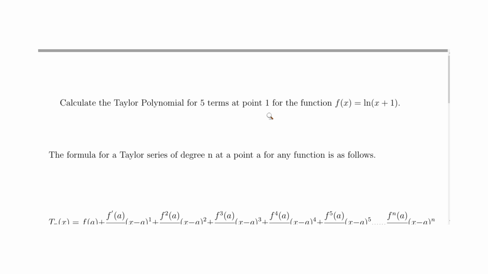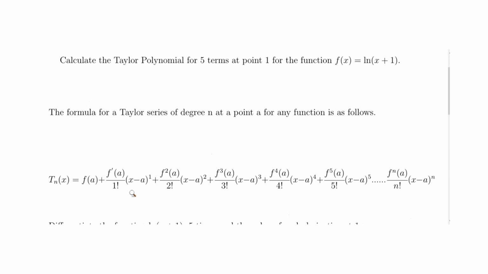So in this video we're going to calculate the Taylor polynomial for the function natural log of x plus 1 at the point 1 and for 5 terms. So we have our generic formula here for the Taylor polynomial, which is Tn of x equals